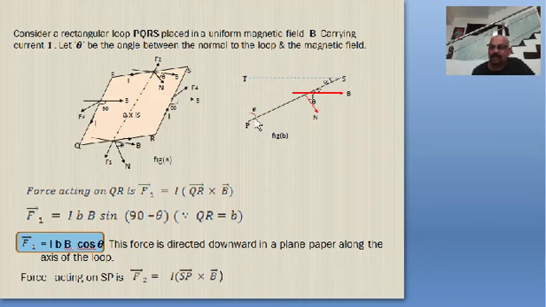What is sin theta? Sin theta is opposite by hypotenuse. So opposite is ST and hypotenuse is SP. So what we need is ST. So ST is equal to SP sin theta. SP represents the breadth of the coil. Therefore you will get b sin theta, small b sin theta. b is the breadth, theta is the angle. Here theta is the angle between the normal to the coil and the magnetic field. So therefore the perpendicular distance is equal to b sin theta.